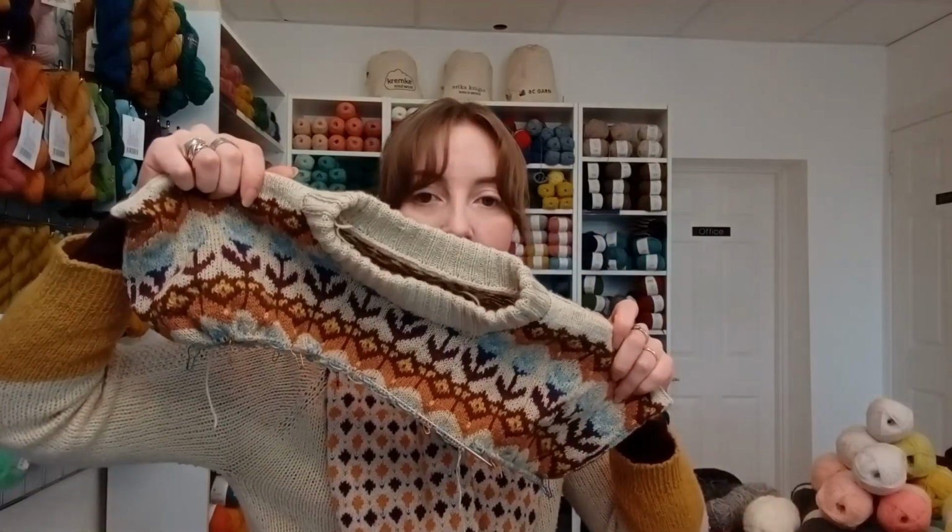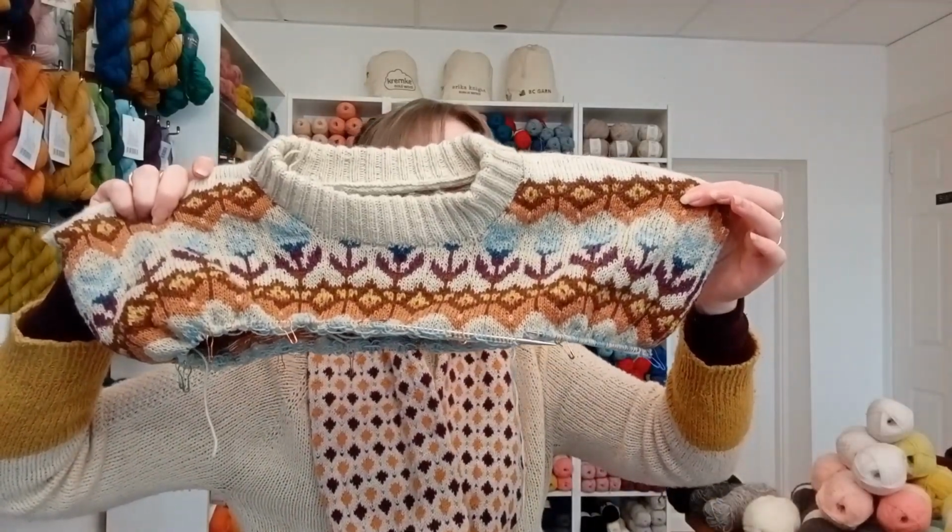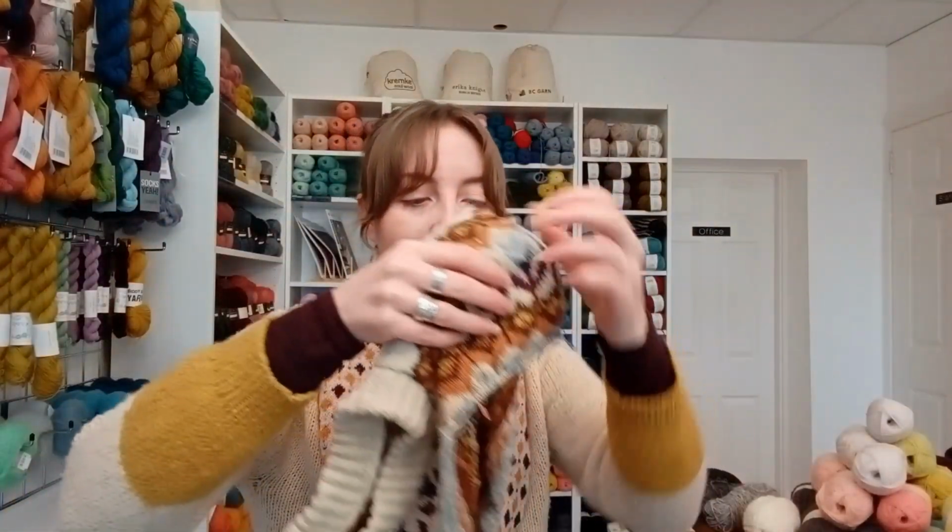I took a bit of a break from the color work to do the collar, so I steeked the neckline, cut it open, and picked up the stitches for the collar. This is a folded collar, so it's double layered. There's actually about 8 centimeters of rib there. That never-ending rib took absolutely ages, but 100% worth it. Glad we got there in the end. Just starting the second row of flowers now, the blue tips of the irises, and I'm almost ready to separate